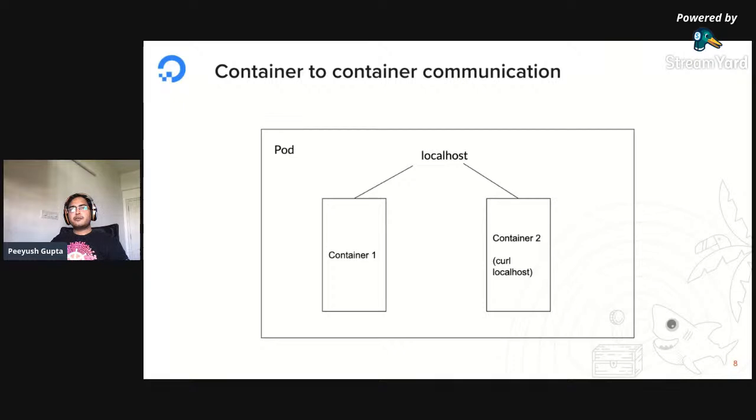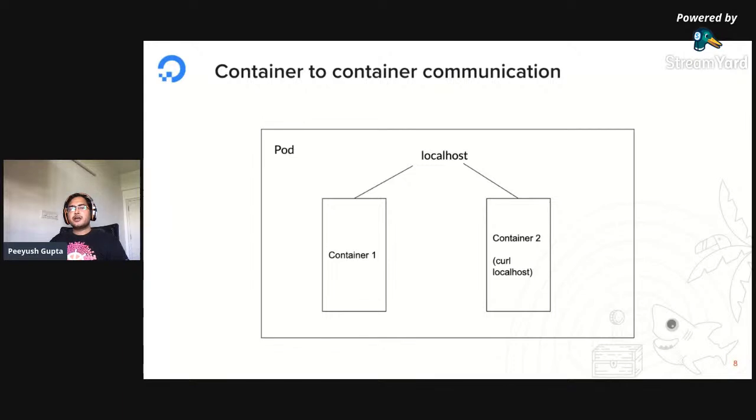So from a container point of view, the localhost is still limited to the pod's namespace boundary. If you want to fetch some information from a container that's present in the same pod, you don't need to do anything. You just need to do a curl on the localhost and the port that your application is serving.